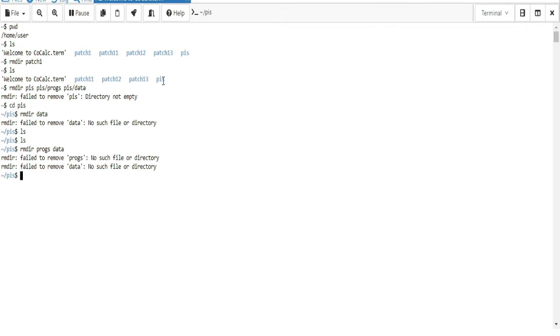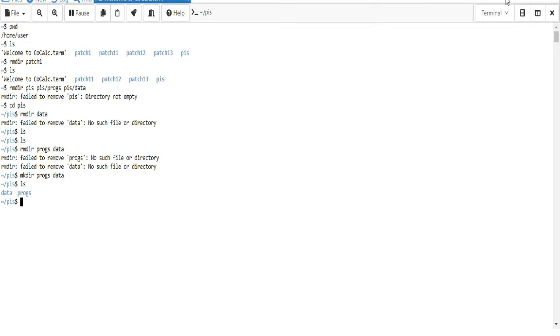Sorry, mkdir progs, then data. Now see, ls. Why has this happened? Because after creating the PIS we have not checked the contents there. So data and progs are present here.